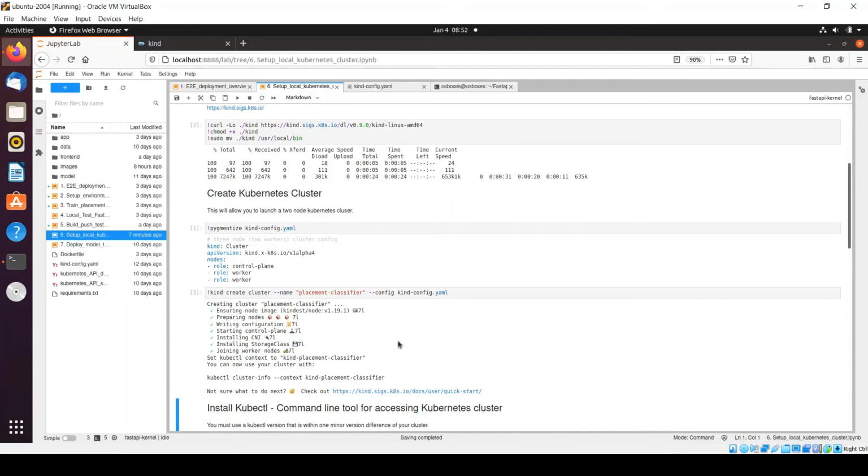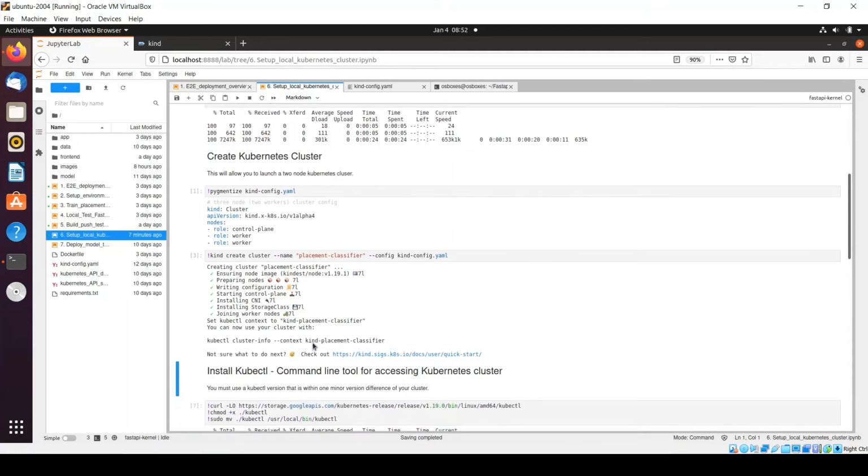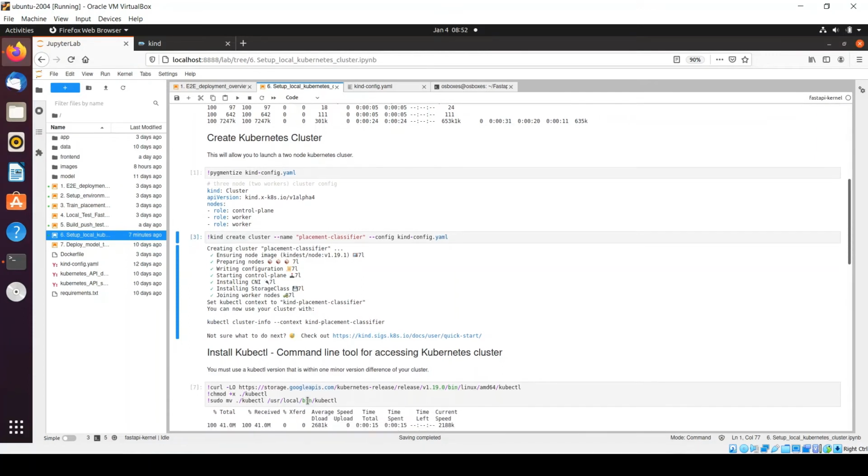Okay. And in order to access the Kubernetes cluster, we need to connect to it with the help of the kubectl command, right? But right now kubectl hasn't been installed within my environment. So first we need to install kubectl and then only we can access the Kubernetes cluster.